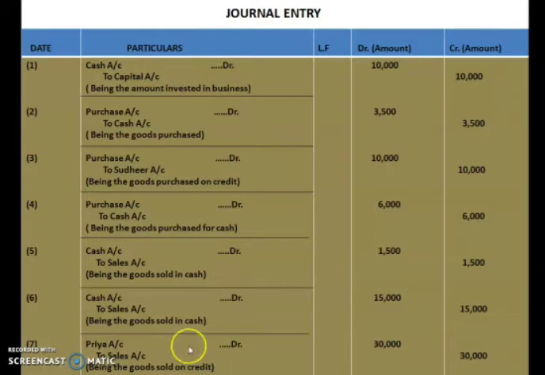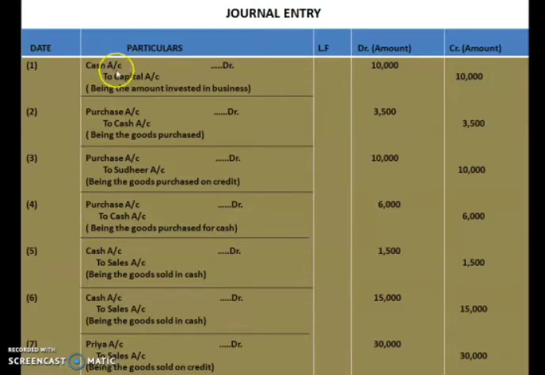This is how a journal entry is prepared. First of all, at the top you have to write journal entry. Then prepare a box. Okay. In this box, the columns are date, particulars, ledger folio, debit amount, credit amount. As the date is not given for that particular transaction, we will not write the date, but I am just mentioning the serial number of each transaction. The first one is, as I told you, cash is being brought into the business, so cash will be debited because cash is increasing.